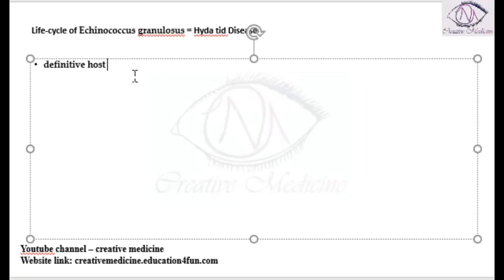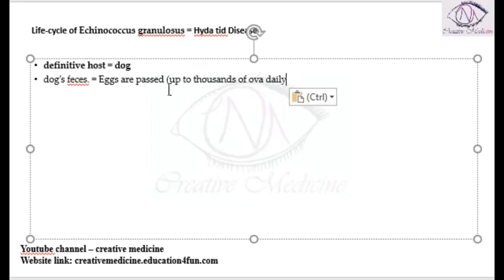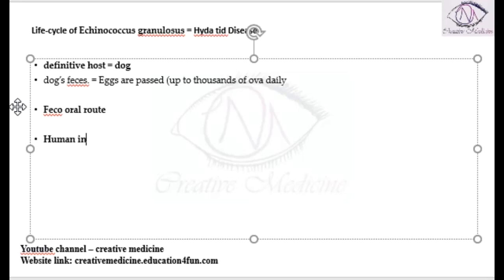So the definitive host is the dog. Whenever a dog is infected, the dog feces contain up to thousands of eggs daily. The eggs are passed in the dog feces, and thousands of ova are present daily. Now, by the feco-oral route, accidentally, the human ingests